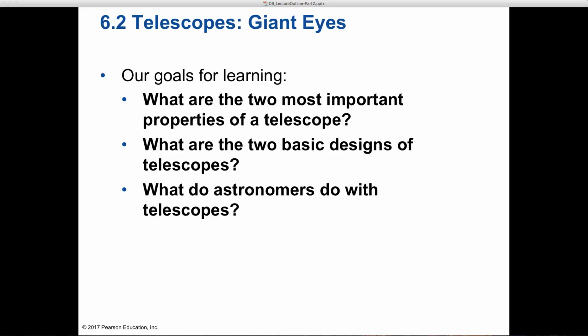Hi class. In the first part of Chapter 6, we talked about basic lenses and how the eye works and cameras and basic things about how light bends through lenses. And we talked about reflection and refraction. So now we want to look at some of the general ideas of telescopes,